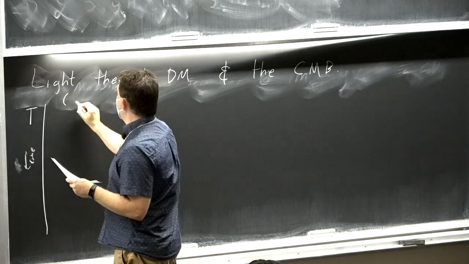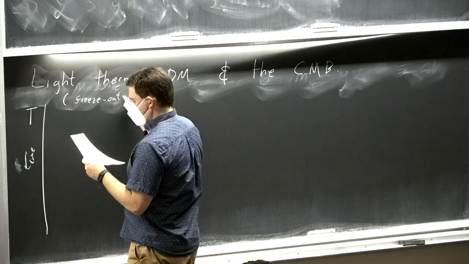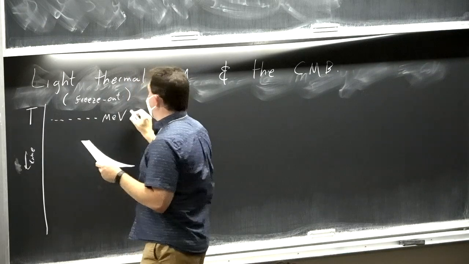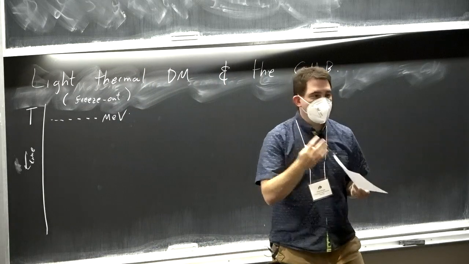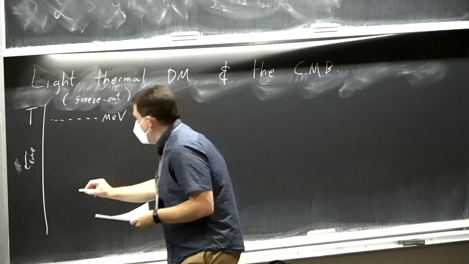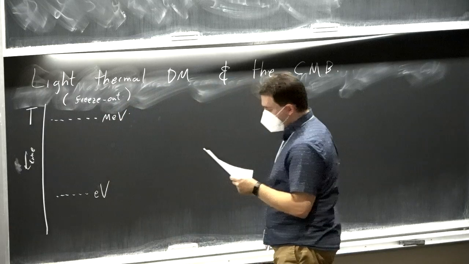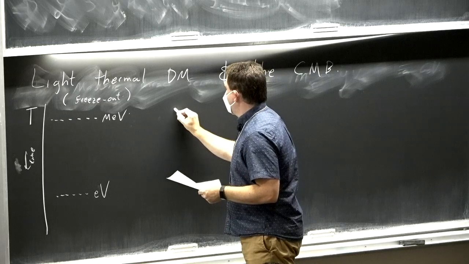So we have an era of freeze out up here. For the scenarios we're talking about, that's typically going to be up in the MeV scale or larger, especially if you don't want to have to worry about any sort of non-trivial physics affecting BBN. And then we have the era of recombination down at the electron volt scale that CMB is sensitive to. And the point here is that